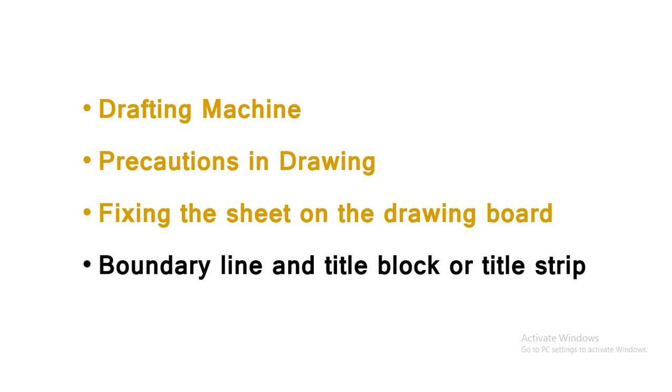Next is boundary line and title block or title strip. After attaching the drawing sheet to the board, it is given a margin. If half a drawing sheet is to be used after cutting the drawing sheet in half, leave a distance of 2 centimeters on its left edge and 1 centimeter on all other sides and draw the margin with an HB pencil. More is left on the left so that it can be well placed